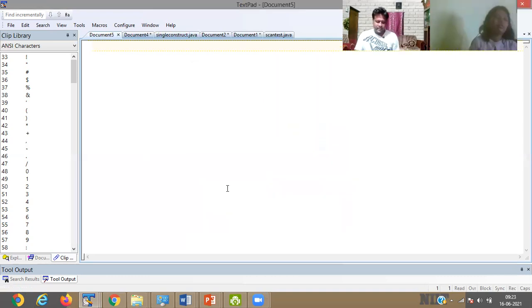Let's see, if I want to give a variable name as student name, don't give student space name. The space is not applicable, it is wrong. If space is required, then you have to use an underscore in place of the space.